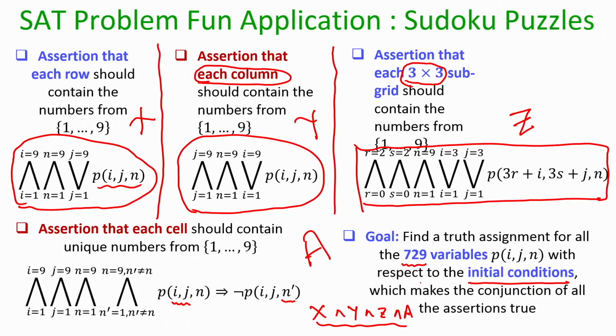So that is how you can encode real world problem instances, wherever you have to find solutions for computational problems, into an instance of the SAT problem, and then you can solve the SAT problem. The solution for the SAT problem will give you the solution for the computational problem that you are interested to solve. So that brings me to the end of this lecture. Just to summarize, in this lecture we introduced the satisfiability problem. There are plenty of applications of the SAT problem. We saw a fun application of the SAT problem, namely the Sudoku puzzle solver. Thank you.